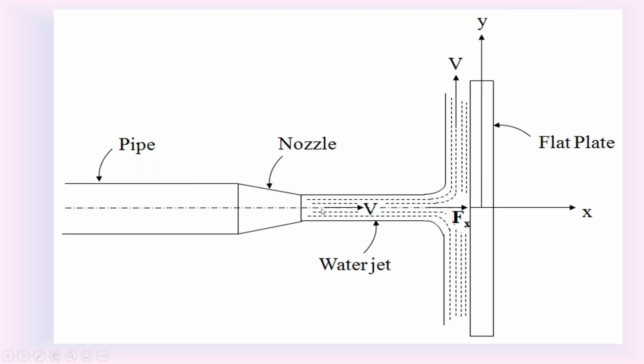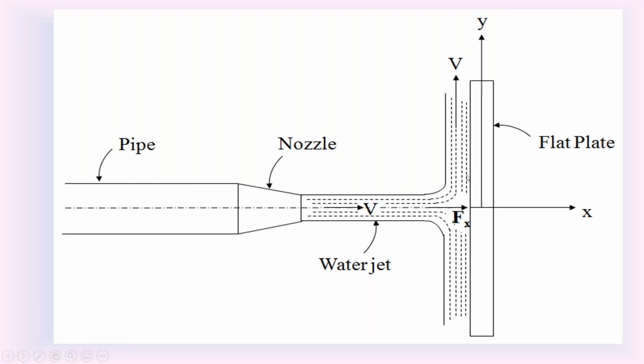Since this water jet is coming out from the nozzle with large velocity, when the water jet hits the metal plate, the water jet applies a force on the metal plate. Take that force as Fx. Fx is the horizontal force applied by the water jet on the metal plate. After hitting,